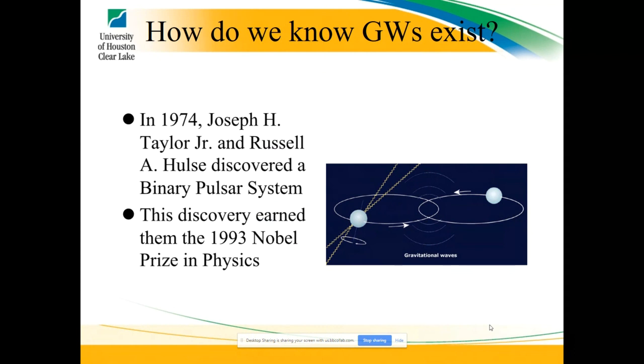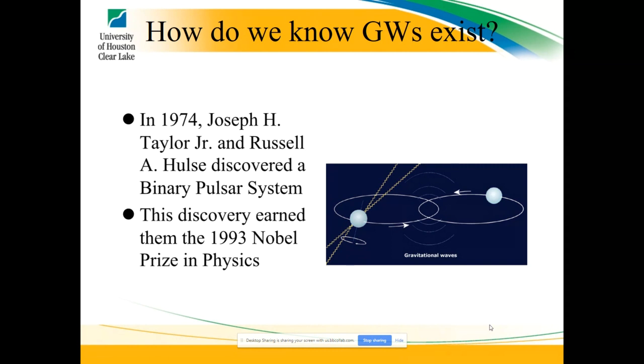And since these are pulsars, not like regular stars, they don't emit optical light. So there's no other way for them to shed energy outside of emitting gravitational waves. Because of the way they were losing energy, they did the calculations and found out that they were losing energy consistent with the emission of gravitational waves. And that was the first indirect detection of gravitational waves.